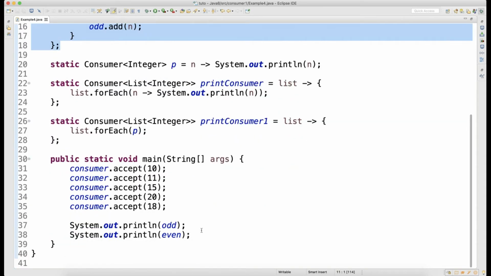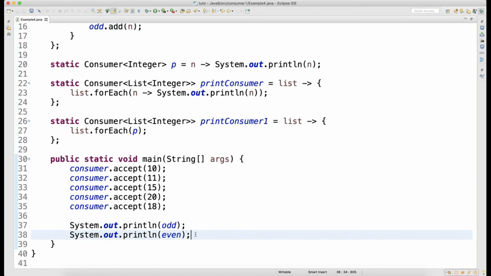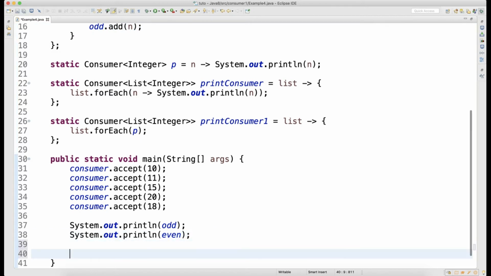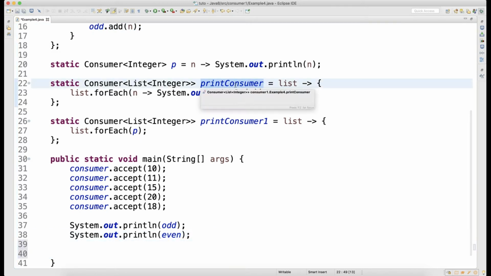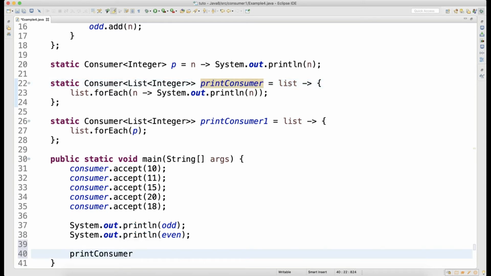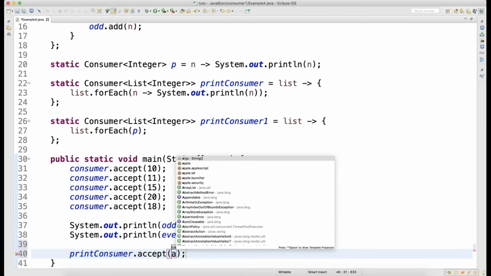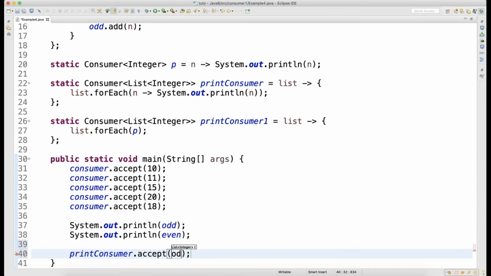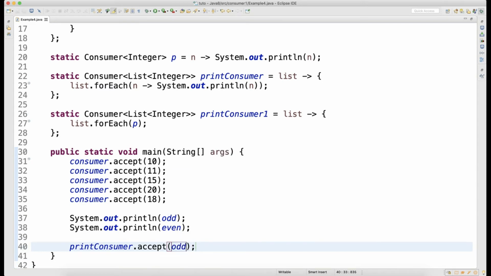Once this is added, can I go and call here my print consumer? So can I call printConsumer dot accept, what will it accept?